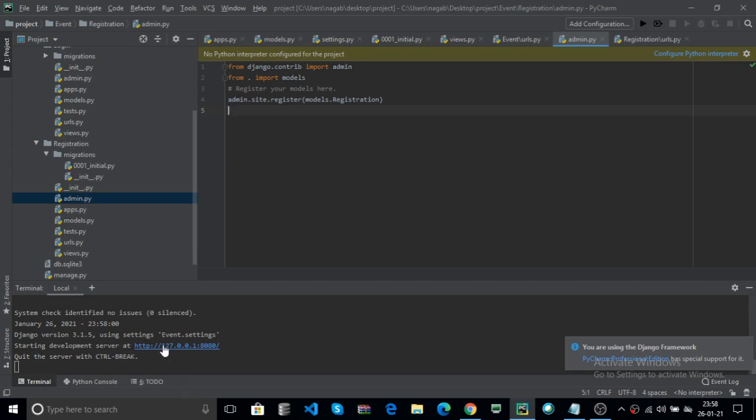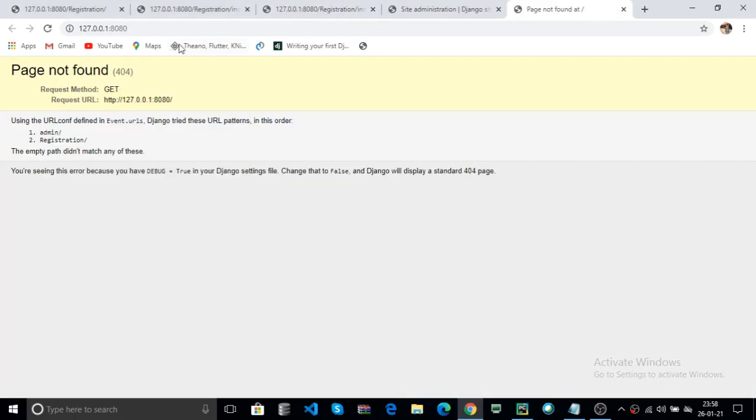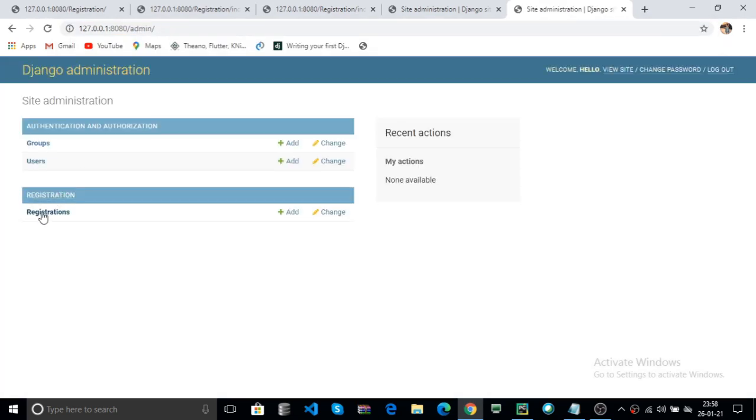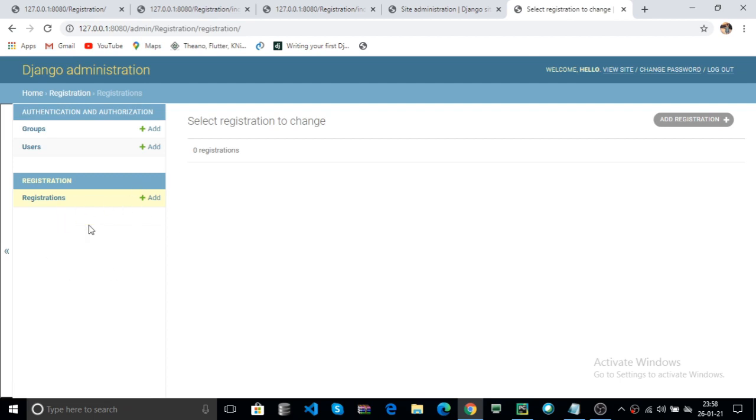Now go to the link. Now admin. Here your registrations are attached, like your registrations are stored in the Django admin. Here there is no registration data. Now you can use the forms in the front end. You can enter the data. After submitting, your data will be stored in your backend registration table.